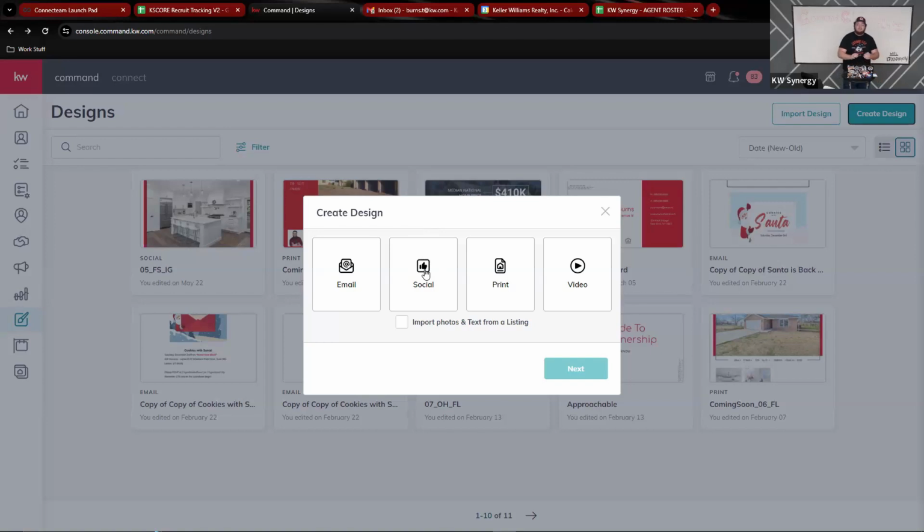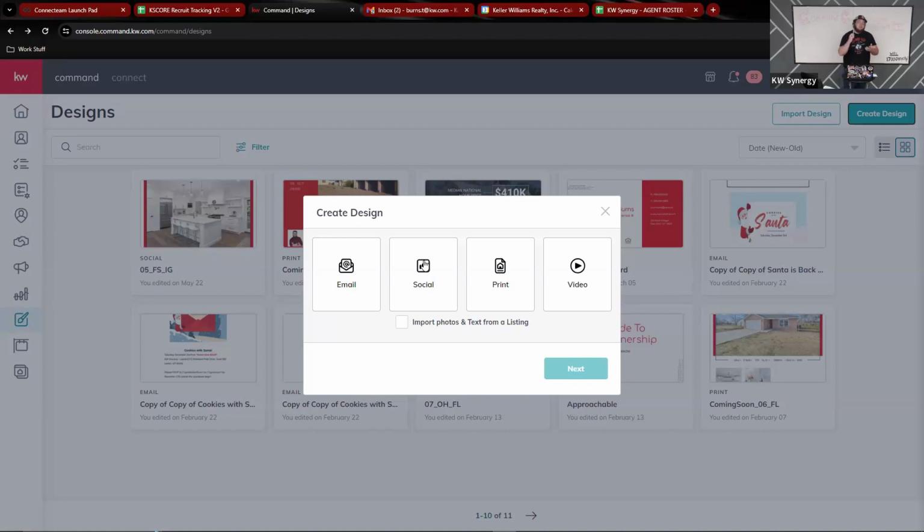Now, if I wanted to send out a mailer, if I was making a postcard or a door hanger or a newsletter or something like that, I would want to select print, because we can send all those things out through campaigns in Command. It's entirely possible. But if I make something in social, I can't print it, at least not through Command. I can always download the image and do it differently, but if I want to send out something on social media and keep it all inside Command, do it the easy way, I have to make it in the social